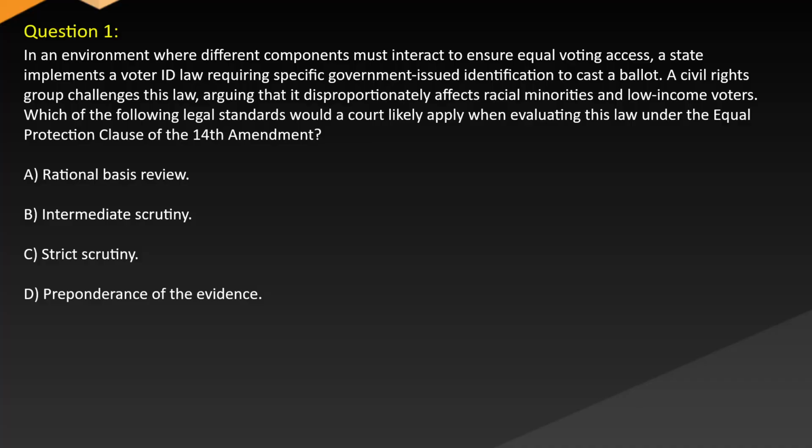Question 1. In an environment where different components must interact to ensure equal voting access, a state implements a voter ID law requiring specific government-issued identification to cast a ballot. A civil rights group challenges this law, arguing that it disproportionately affects racial minorities and low-income voters. Which of the following legal standards would a court likely apply when evaluating this law under the Equal Protection Clause